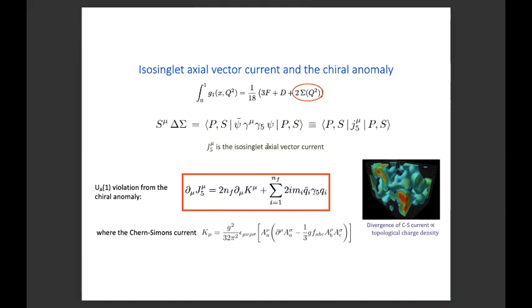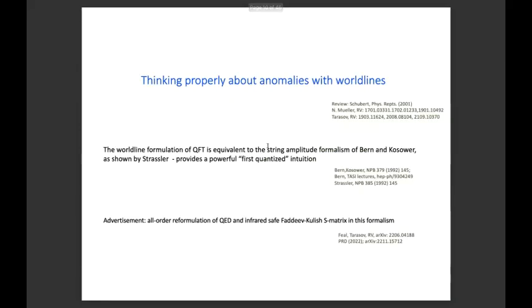So any questions? You might have asked, what are P and S standing for? So this is the momentum of the proton. This is spin. Or momentum and spin. Okay. So now I'm going to talk about how one thinks about this problem in the worldline formalism, and then I'm going to come back to the actual problem of spin.